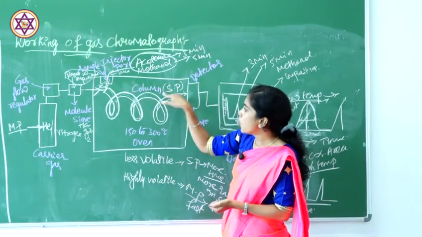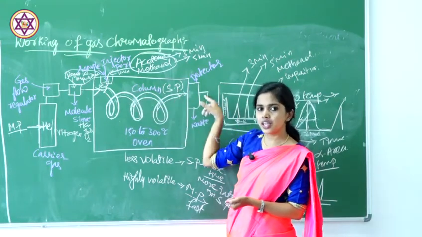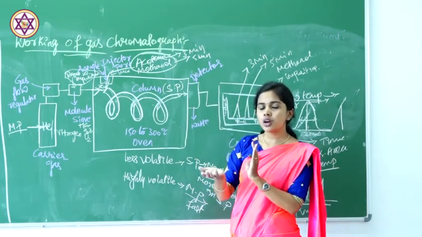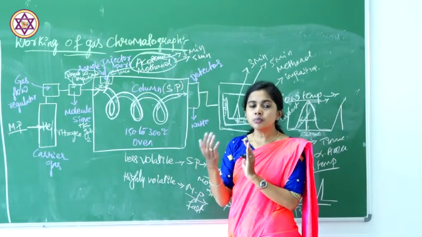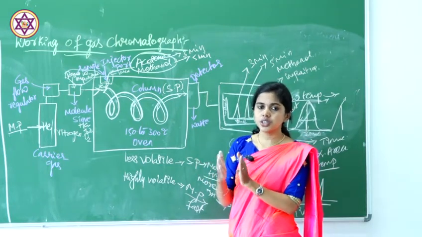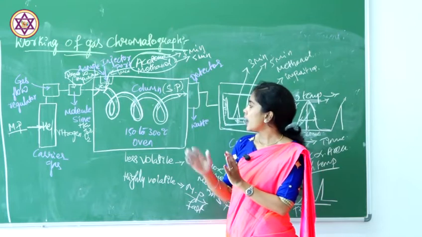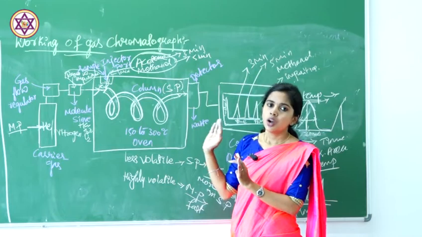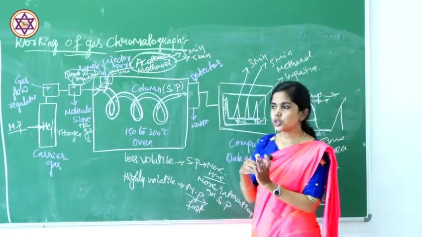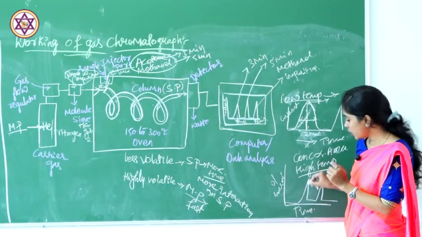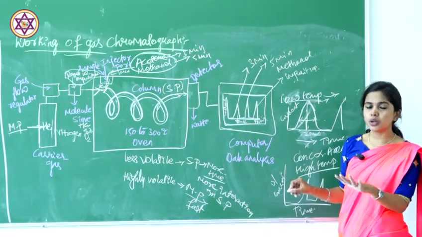If the temperature is maintained low, what happens? It interacts more with the stationary phase and takes more time, giving a larger bandwidth, and we represent that depending on the bandwidth. We observe how much concentration is there as it elutes out, but timing is more important here. The peak value we get, we call it the retention time of the compound.